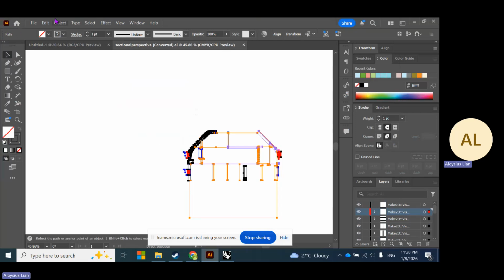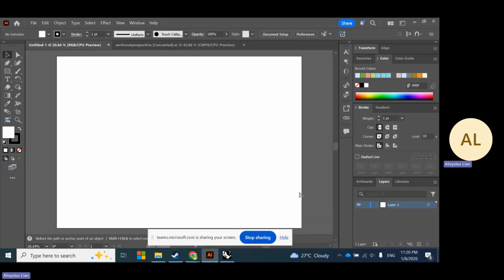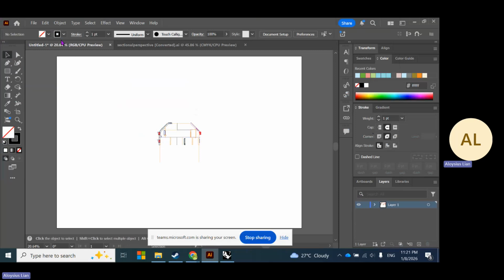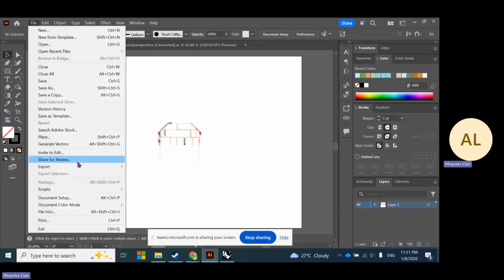I just Control C and then I will paste here. So this will be the actual size of the building in the 1 is to 100 scale within your A1 layout. Okay, so having said that, we want to now place